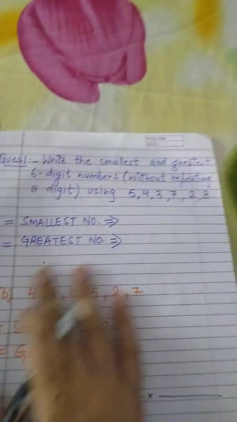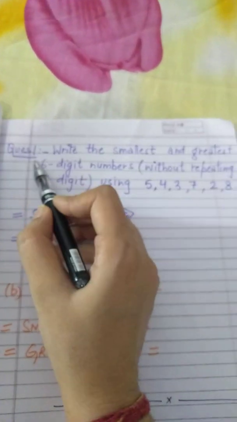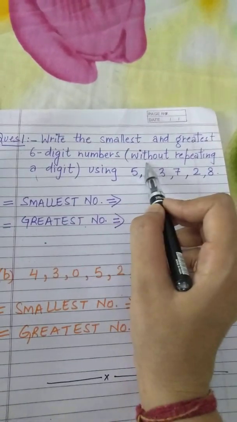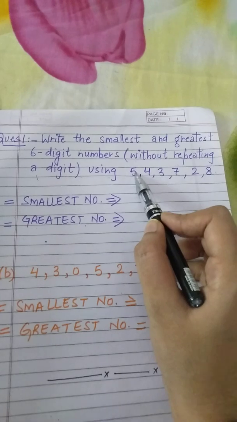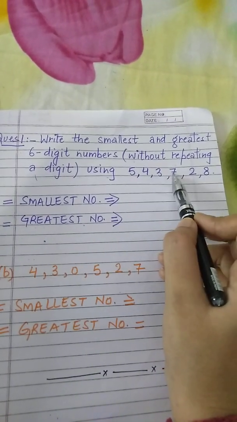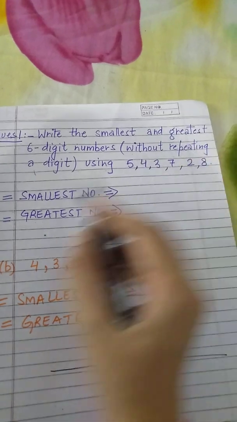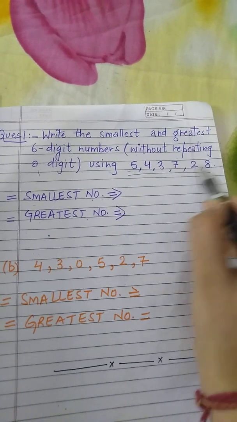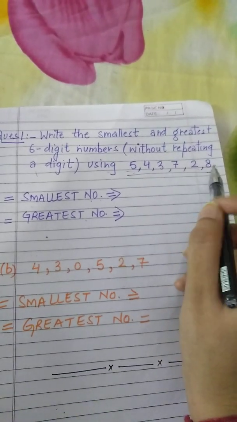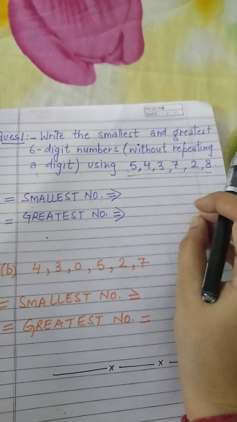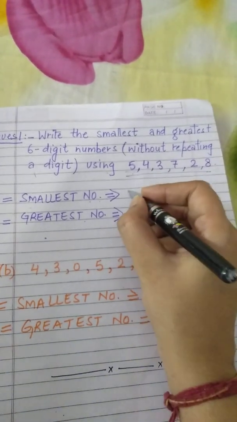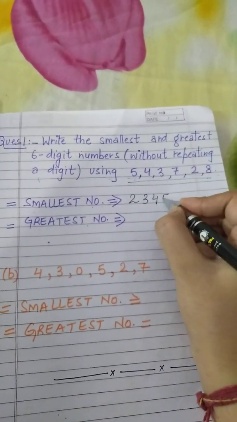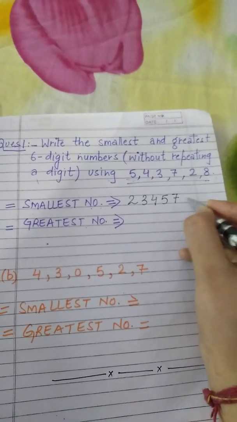Moving on to the question. Here the question is, write the smallest and greatest 6-digit numbers without repeating a digit using 5, 4, 3, 7, 2 and 8. Now for smallest number, we have to arrange the given set of digits in ascending order. So in ascending order, we have to write down the smallest number first. So in these digits, 2 is the smallest number, then 3, then 4, then 5, then 7, and at last